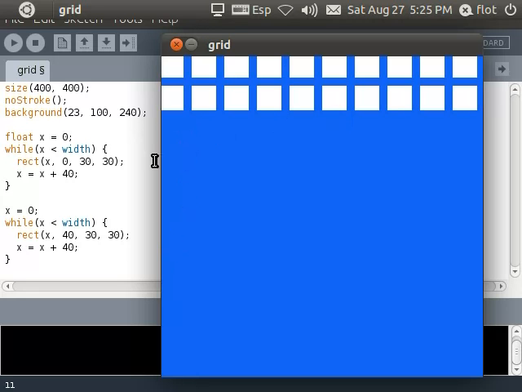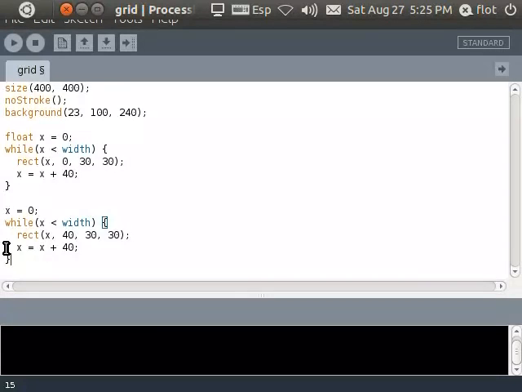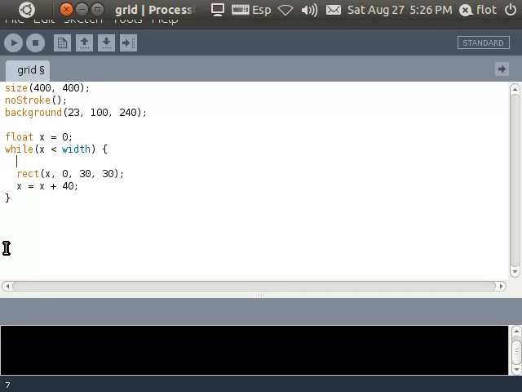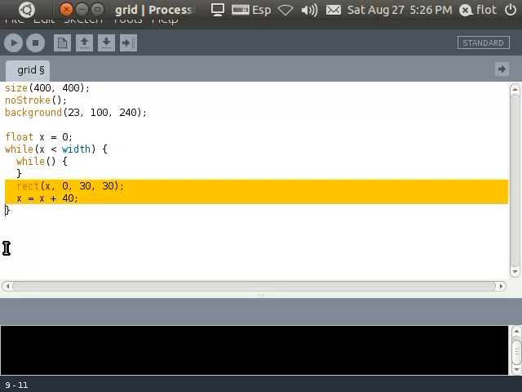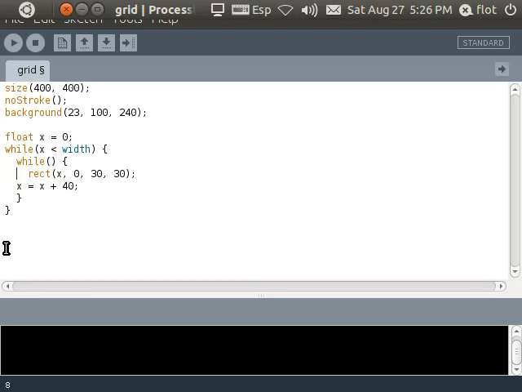But that's not a very practical way to copy and paste lots of lines, so we just have to do a while loop inside a while loop. Okay, that sounds a bit complicated, but it's just the same structure we used here. So we just have to introduce a while loop inside this while loop. And I just copy here another while, and I'm gonna do something inside it. I can keep those lines inside the while loop,